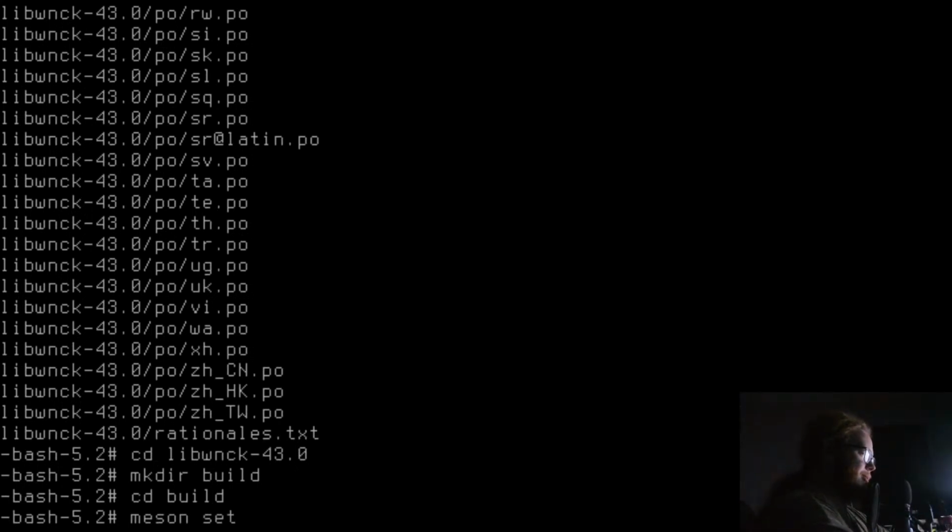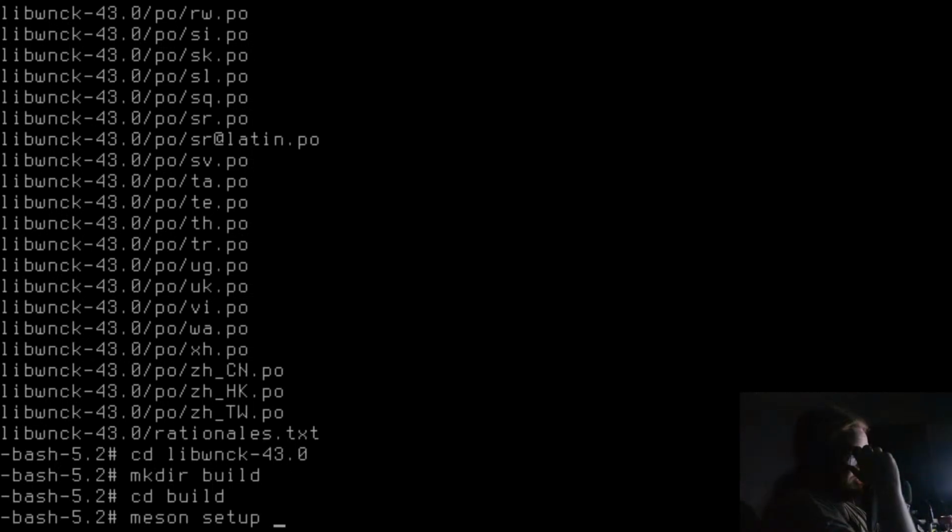Meson setup. Yeah, I was thinking of just downloading it as a binary and going from there with it.